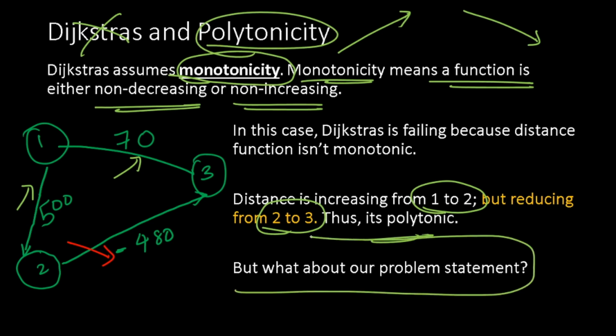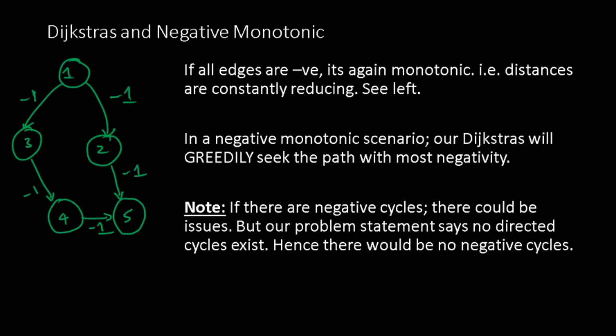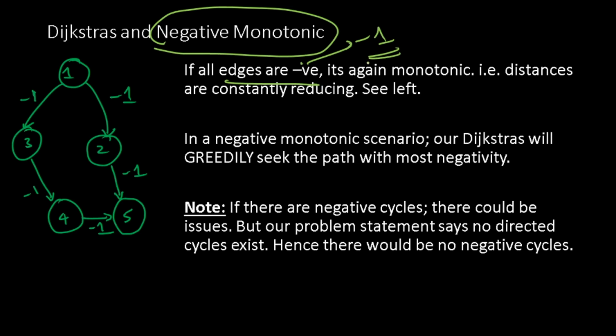But what about our problem statement? Is our problem statement polytonic in nature, or is there just a negative edge? In our problem statement, our function is negative monotonic. All edges are negative. In fact, they are -1. We have specifically made them -1. So they are constantly reducing, like in this graph. Because of this, our Dijkstra's will simply seek the path with most negativity and therefore be able to solve the